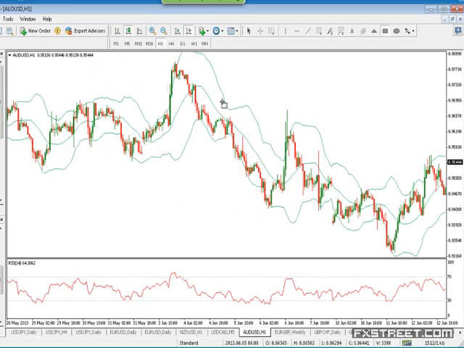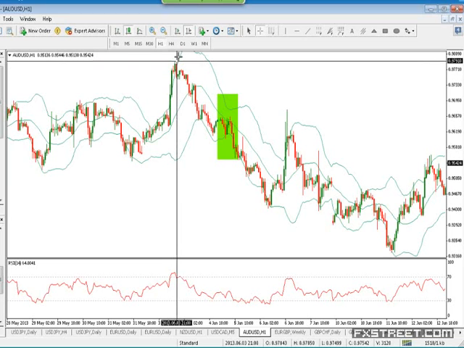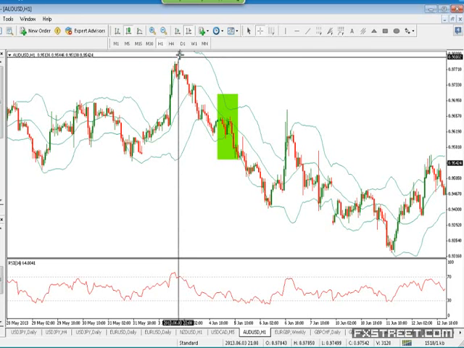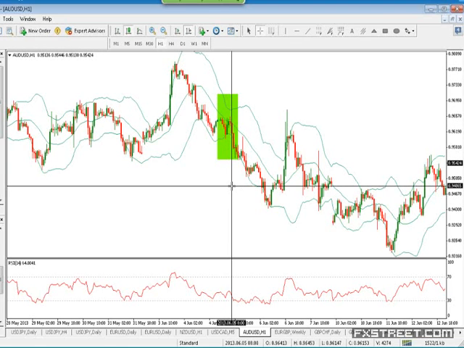When I'm talking about a squeeze, I'm talking about when the bands come together. This is one situation, if you can see over here, that the upper band has expanded and moved down, the lower band has also moved down, and these bands are coming together. When the bands start contracting,